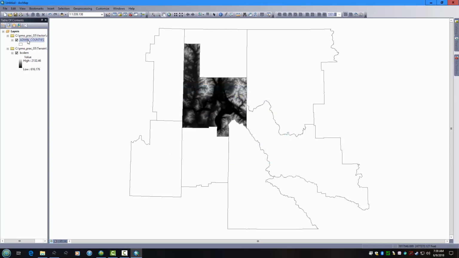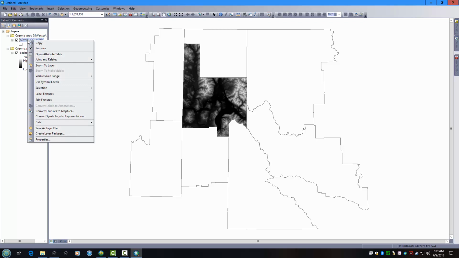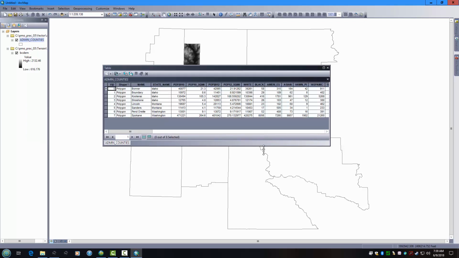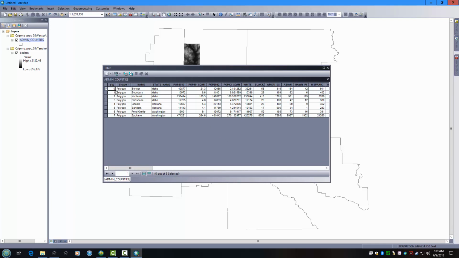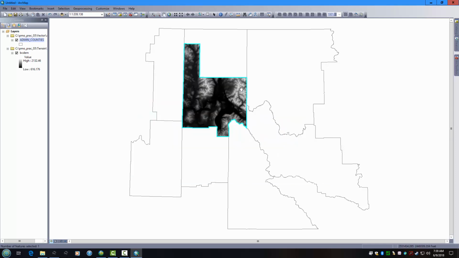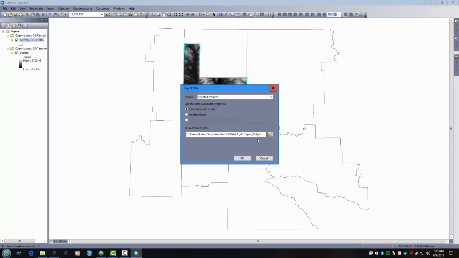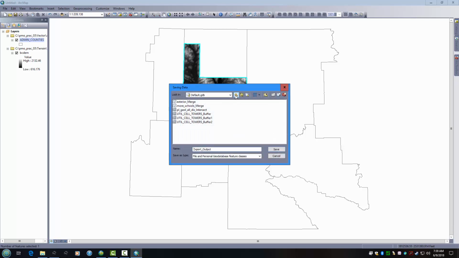So I'm just going to go in here and go through an operation that you've done before. I'll just do it for practice. I want Bonner County by itself. So I go into the county's data set, select it, and now I'm going to export that data. Make sure it's going to the right place. In my folder connections,